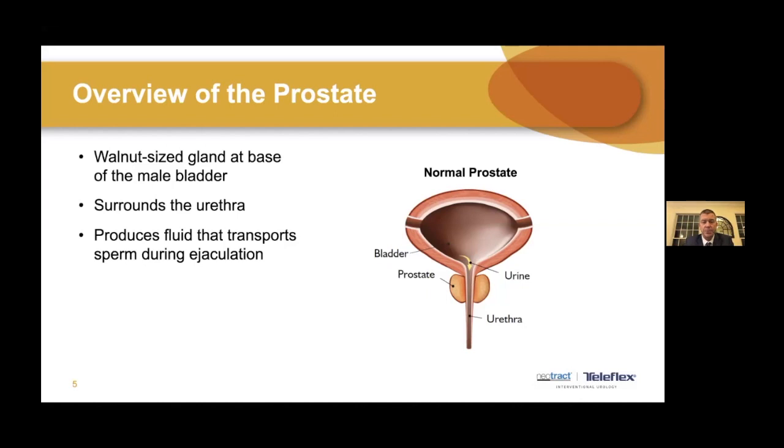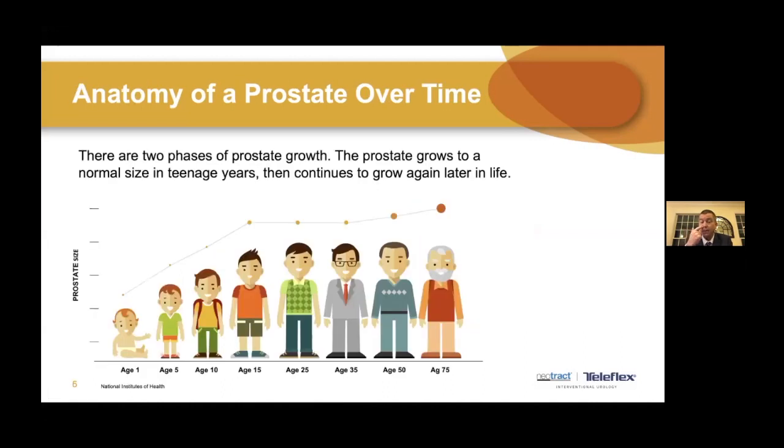You always hear people say it's a walnut-sized gland at the base of the bladder, which is true, although there can be a very, very wide variance in terms of how large the prostate can be. It does surround the urethra, so if you look at these pictures, pretty much any picture you see is going to show the bladder, and then the prostate like this in cross-section. So realistically, the prostate actually goes all the way around like a donut, and it's kind of like a donut that you're urinating through. The prostate grows throughout your entire life, from when you're first born,